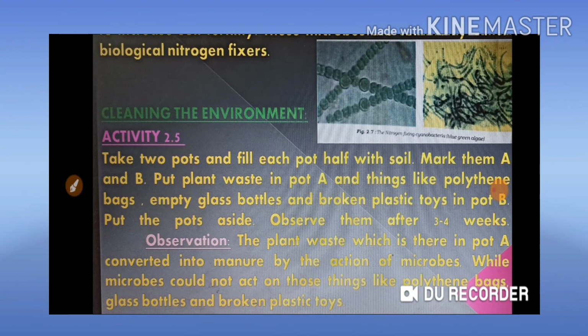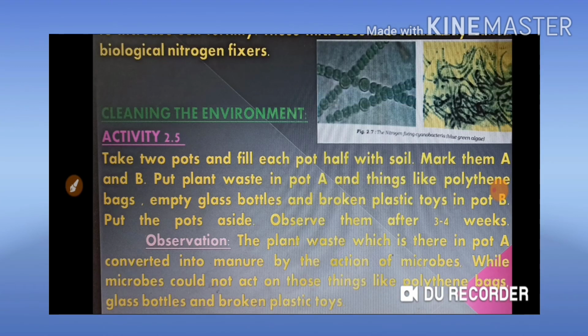A part of a plant is also a living organism. When it is put under the mud or soil, the microorganisms will initially attack those parts, meaning they will decompose them by releasing some kind of fluid on them. After decomposition, that will mix with the soil and completely convert it into humus, which is nothing but manure, very important for the growth of the plant again. Are you getting my point?